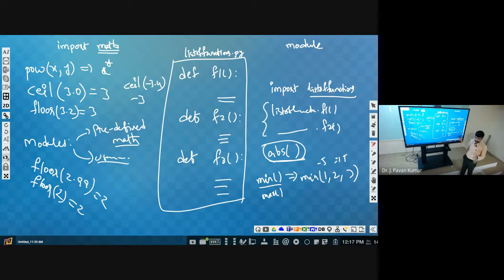Similarly, max of 1, 2, 3 gives 3 as the output. These things we can discuss in one class, and you will forget in another class definitely. But behind that, what is the logic? If you remember it, then even though you don't know the name of the function, you could define it on your own. Understand?